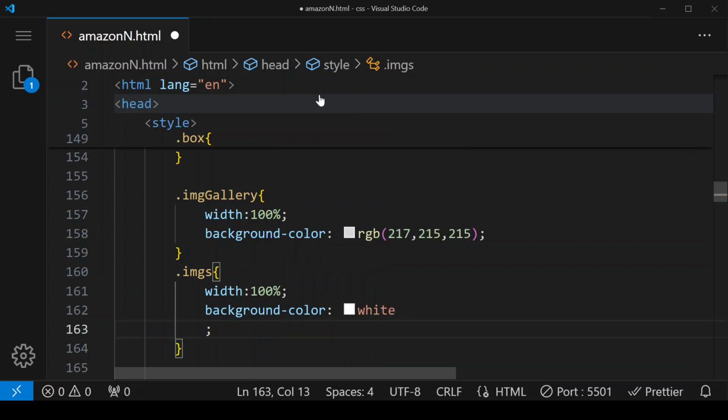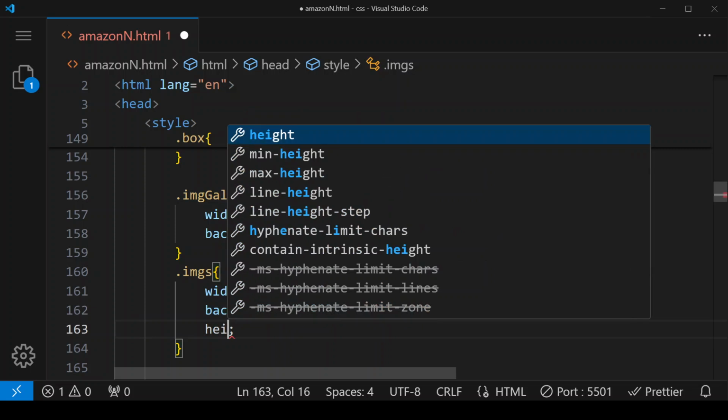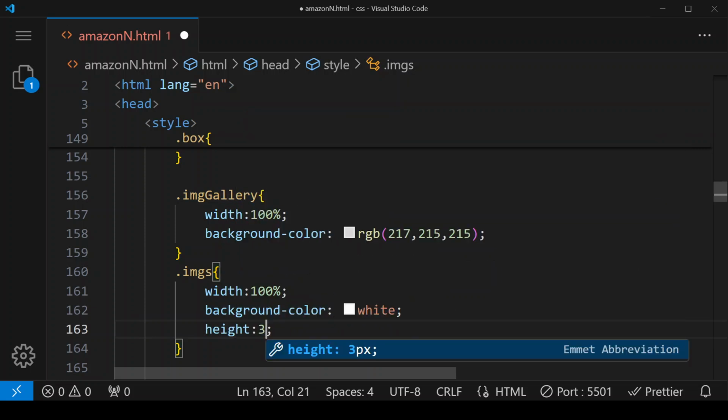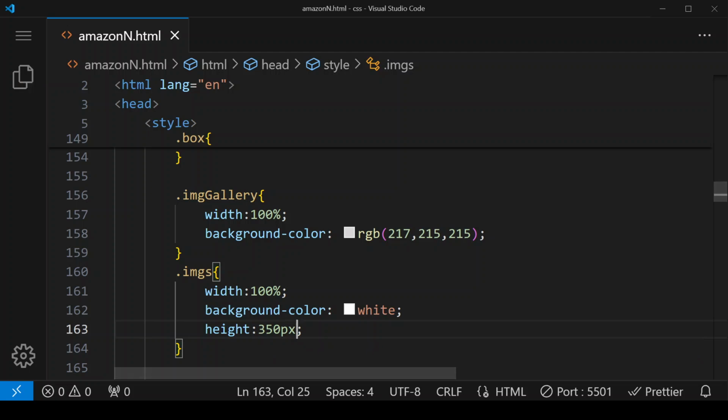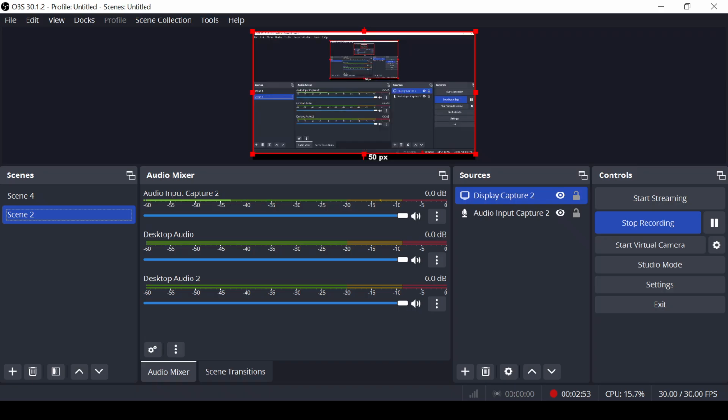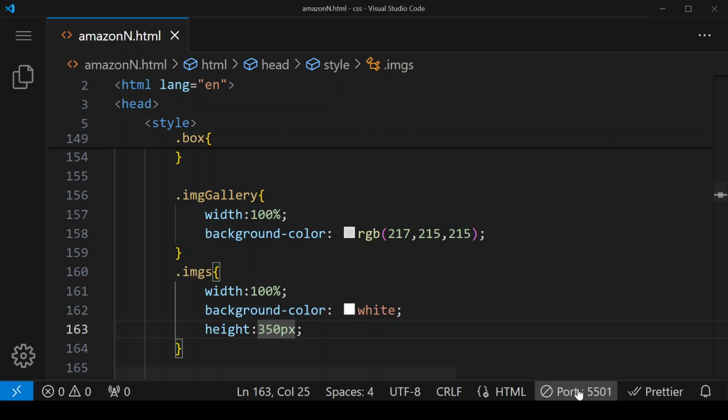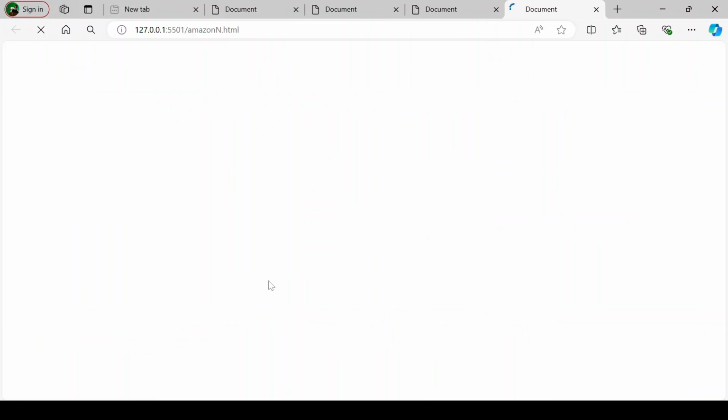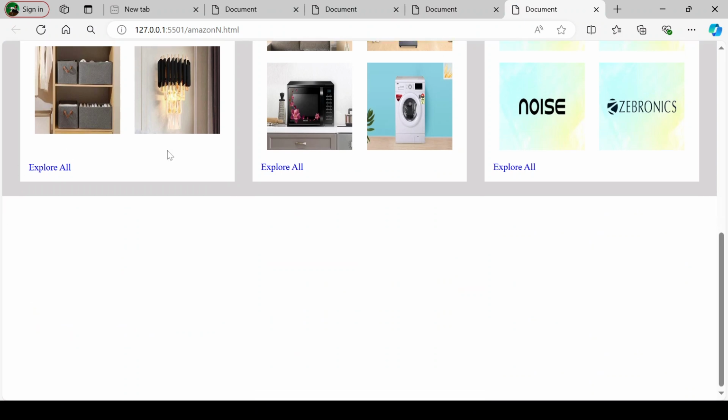And height, here I'm giving is 350 pixel. Save and go live. So we have got our div.